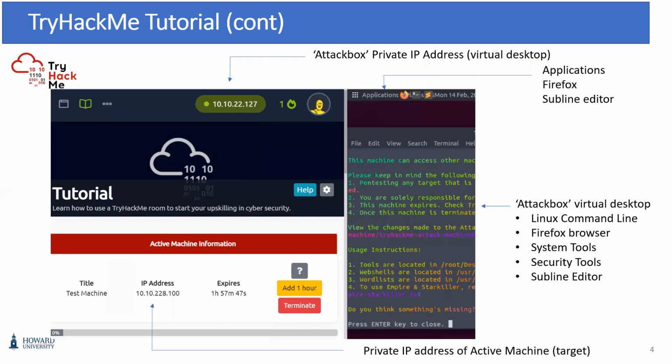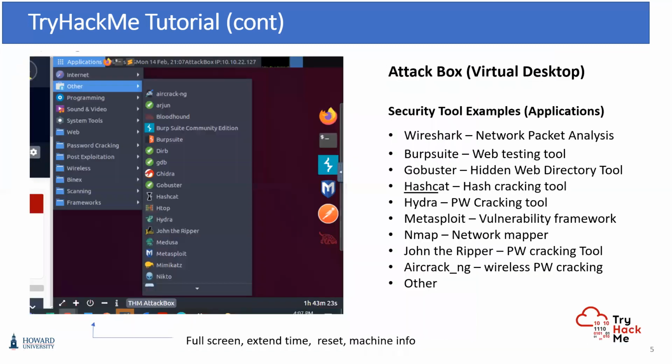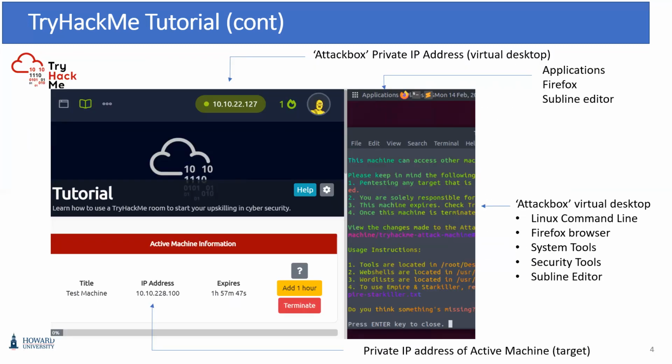Once you get in and once you start the active machine, start machine, green button, or the attack box, blue button, you're going to see some IP addresses. And this is kind of important. You've launched two machines. So up at the top at 12 o'clock, you'll see the IP address of your attack box. Again, that is your virtual workstation. In fact, it's displaying itself over on the right-hand screen. That's what you're going to use to enter commands and do various things in the exercise. That is your desktop. Down below at about 6 o'clock, you'll see another IP address,